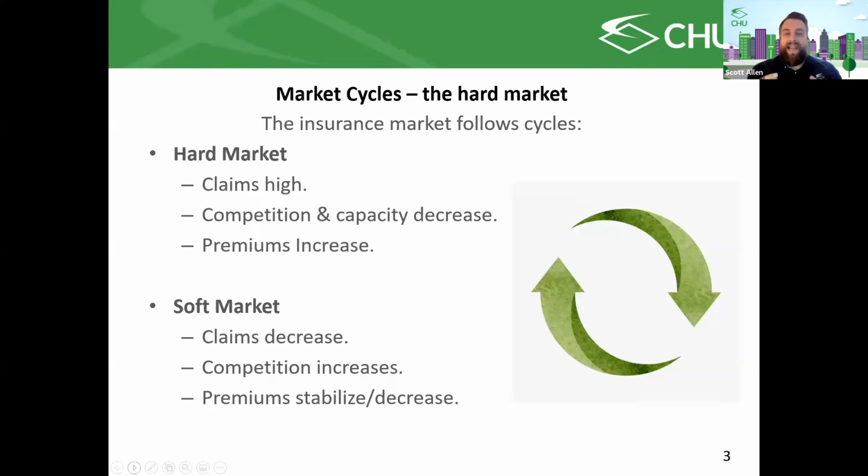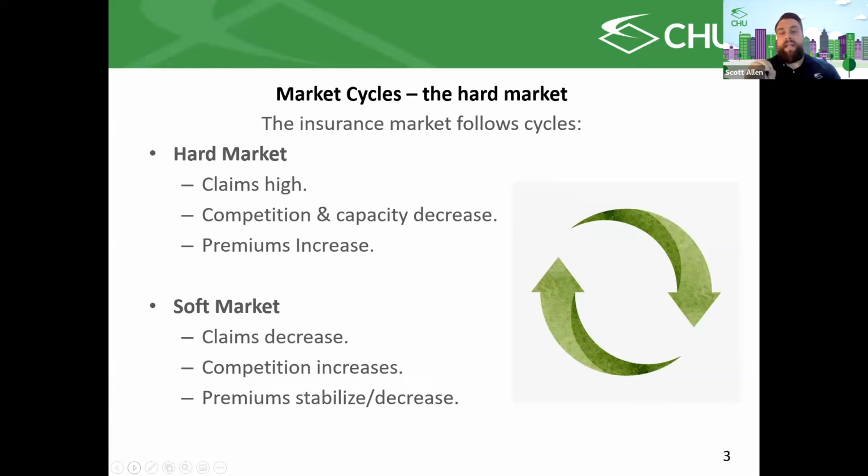So you start seeing competition increase, you start seeing it being a sector that lots of insurers want to play in, and you see premiums start to stabilize. And in a lot of cases, in the previous cycles I've seen, in some cases you even see them decrease. And of course there are transitional periods that can be years long in between the two as they go from soft market to hard market.